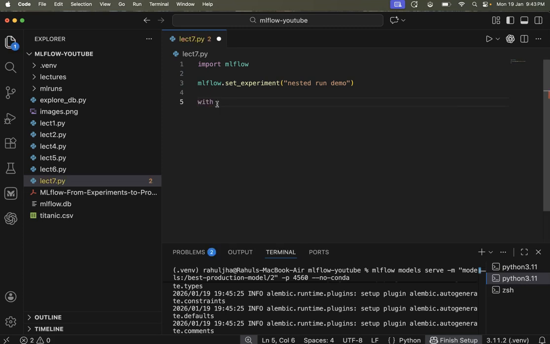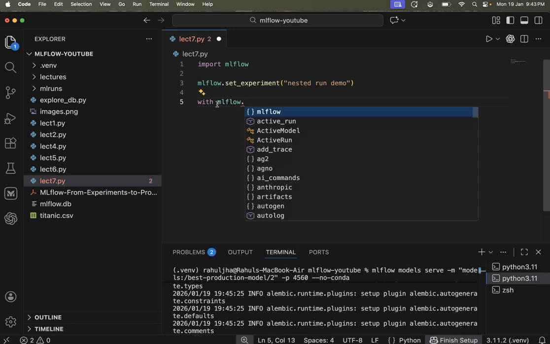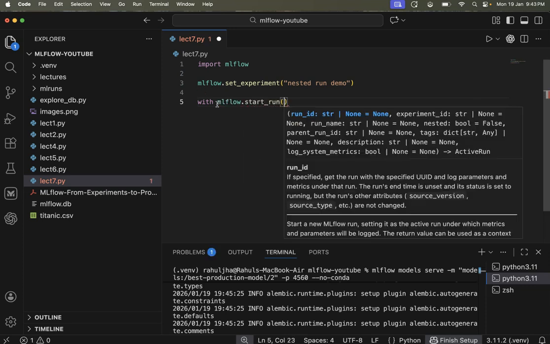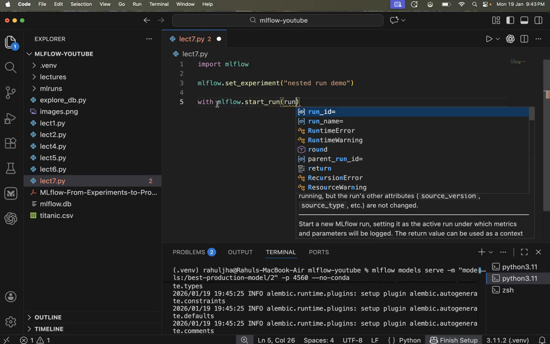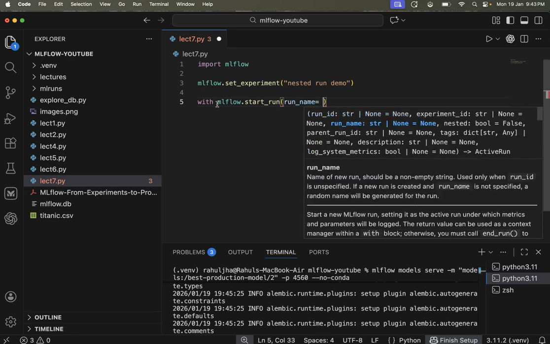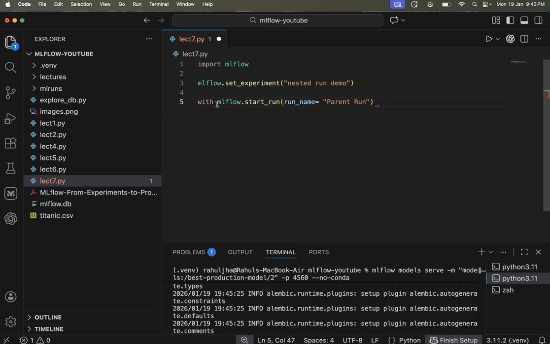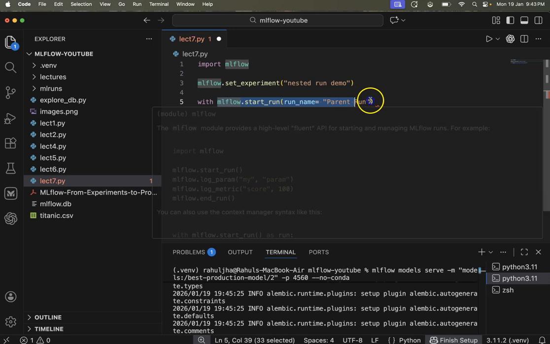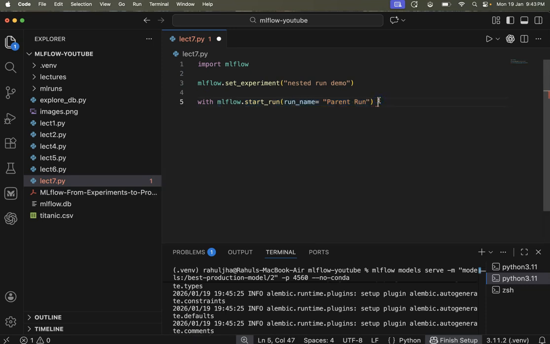Let's create a parent run first. So mlflow.start_run, and inside here I will call this run name parent run. We can also alias this context manager just like we do while opening a file. So as parent run, we can print its information.